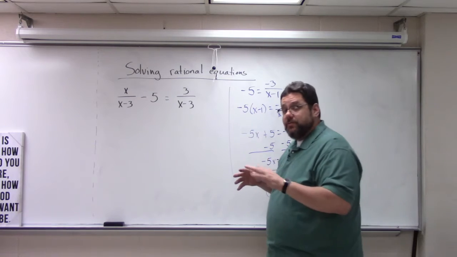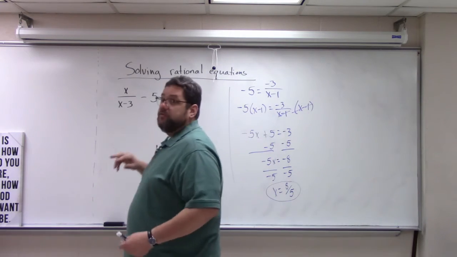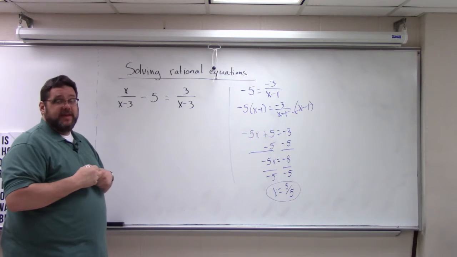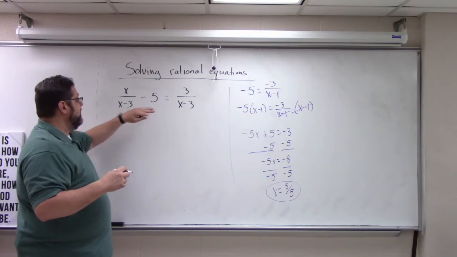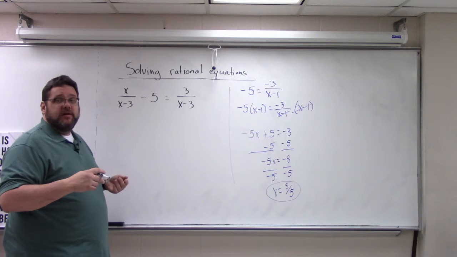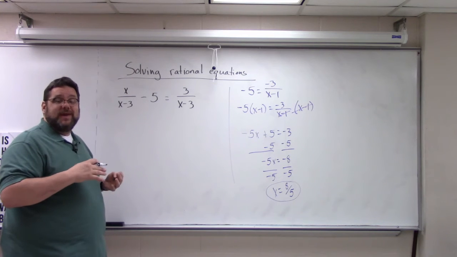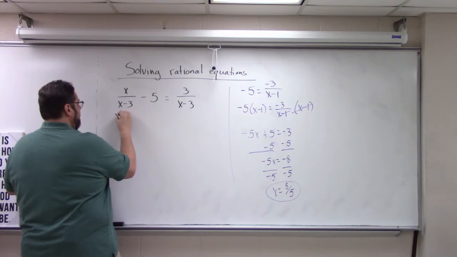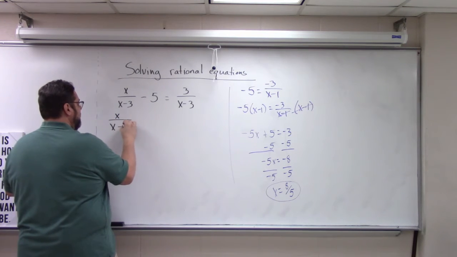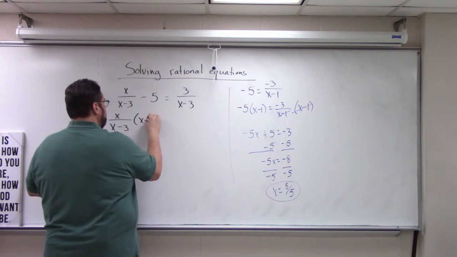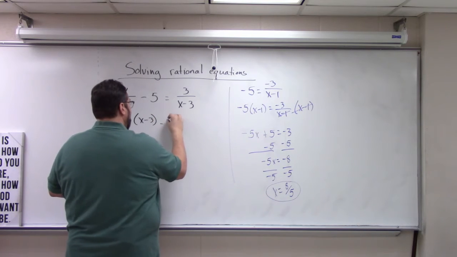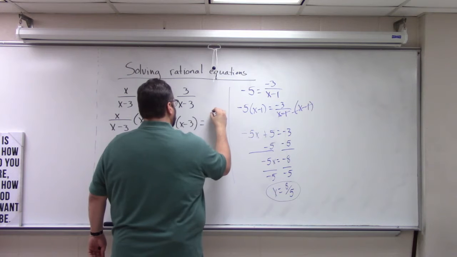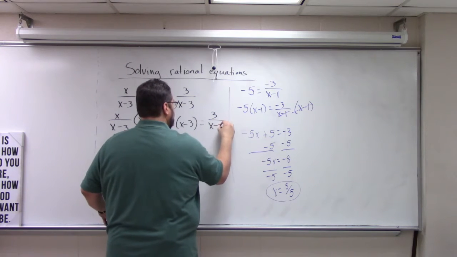Now, this is the first problem we've done that has two denominators. And that's okay, because in this problem, they're both the same. So since we have x minus 3 over there and x minus 3 over there, if we multiply everything by x minus 3, that's going to work out for us. So we're going to have x over x minus 3 times x minus 3 minus 5 times x minus 3. And that's going to equal 3 over x minus 3